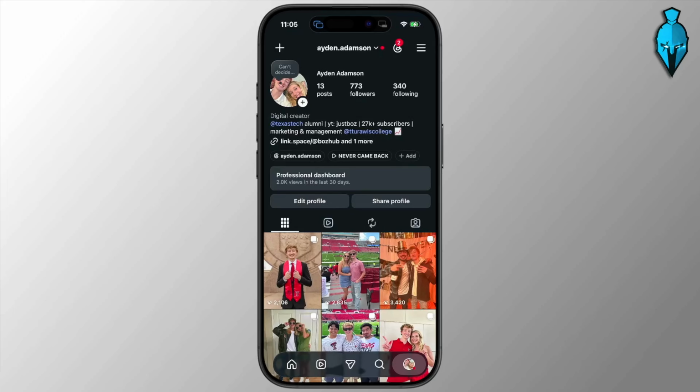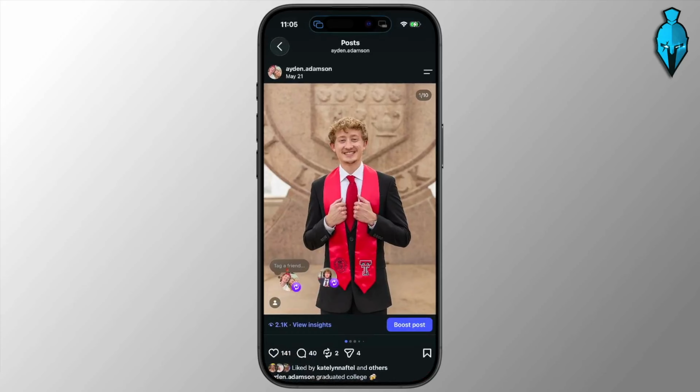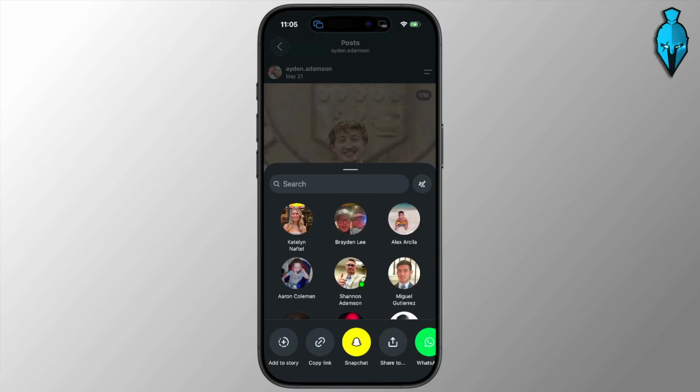Now, normally when you tap the share button on a post, and we'll use one of my own posts for example, it's going to pop up with a bunch of different people, and it's going to show you the people that you interact with the most. If it's showing random accounts or groups, instead what you're going to want to do is begin by opening up